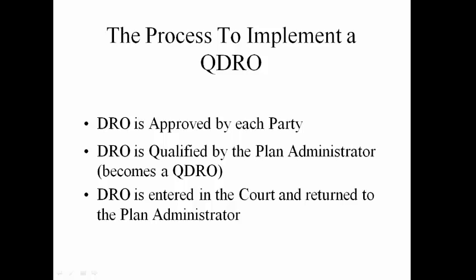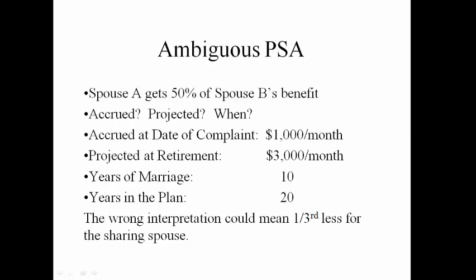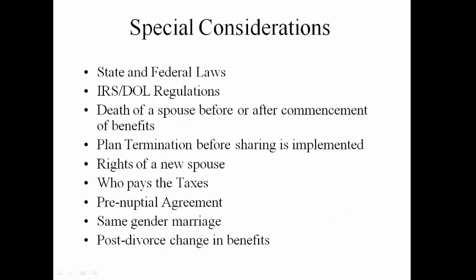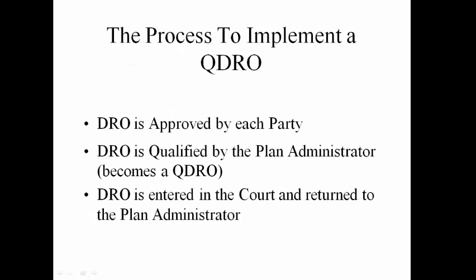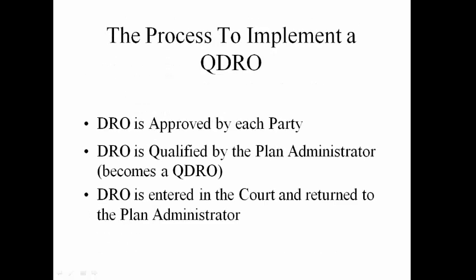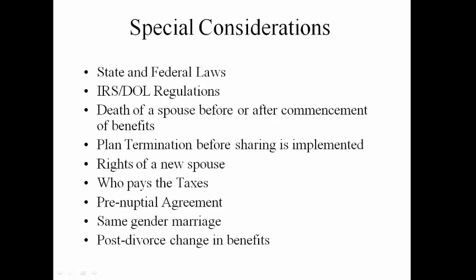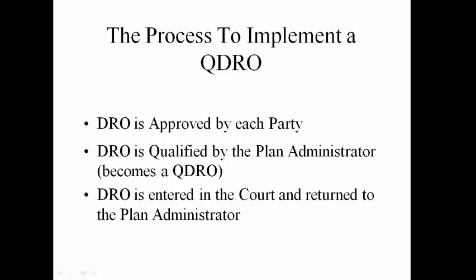Second, when it comes to defined contribution plans and there is an account that was brought to the marriage, we have to deliberate which of the 3 methods to use to divide the asset. Should we trace the contributions and the investment experience during the marriage? Should we just subtract one account from another? Or should we use the coverture fraction? That's the common mistake I see in the defined contribution plan area.